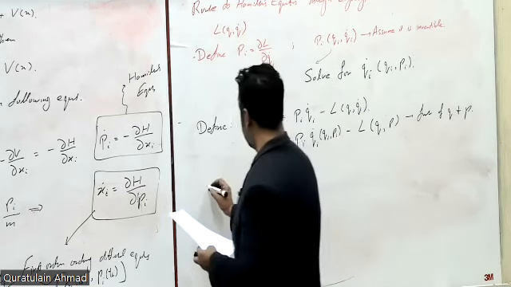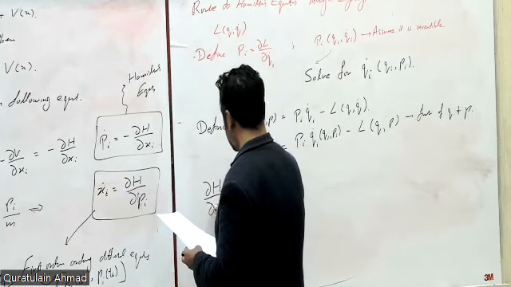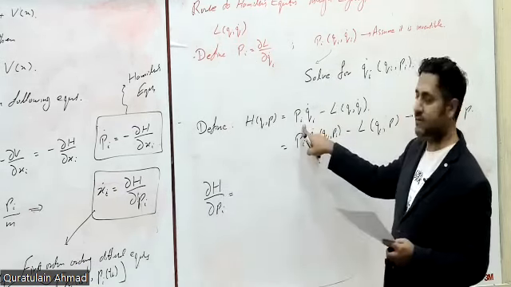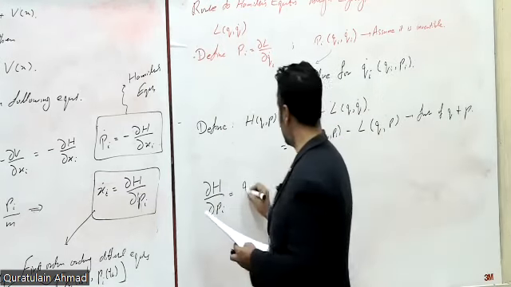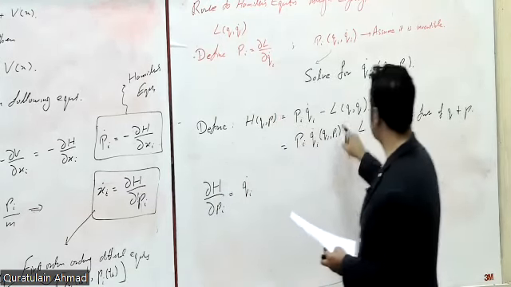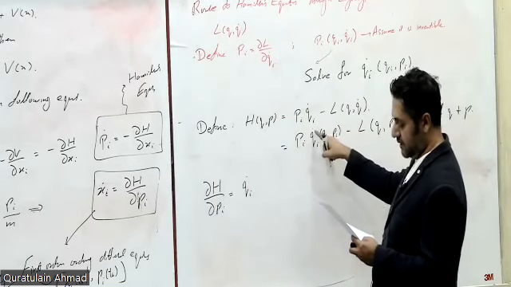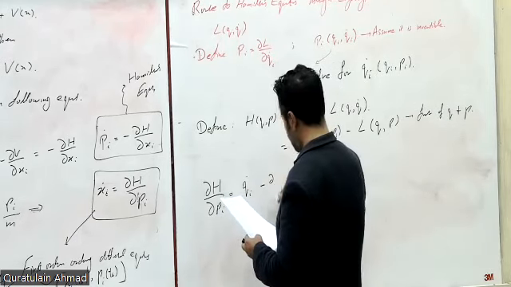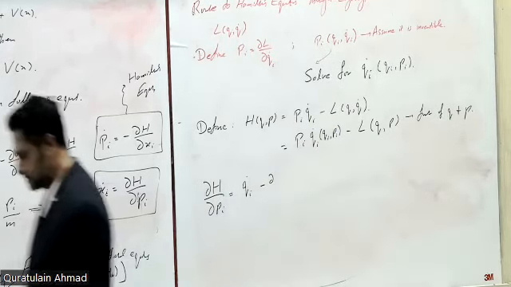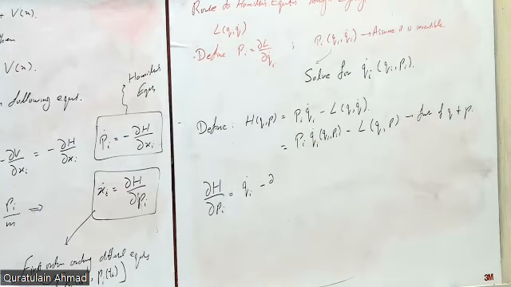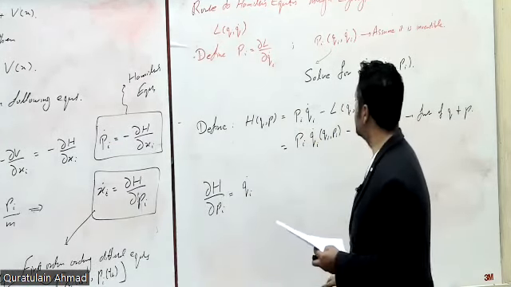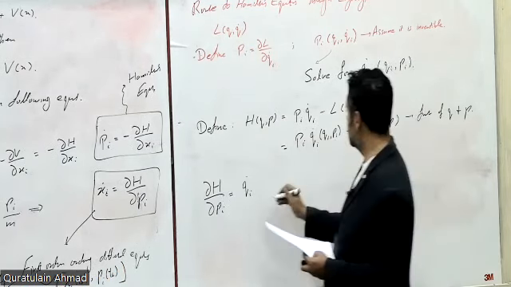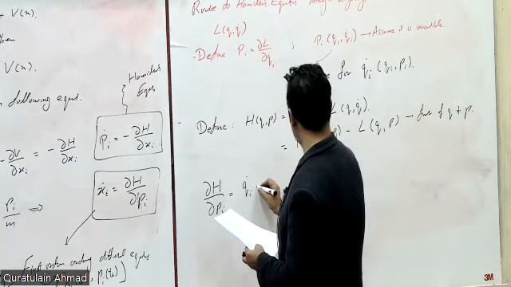Then I consider this partial derivative. So I get a q̇_i from here, and from this, I have another term because this q̇ depends on p_i. So by the Leibniz rule, I have